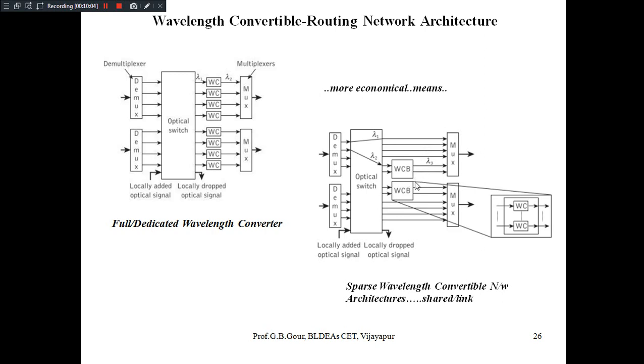Instead of that, now we are seeing wavelength converter banks. Each WCB will contain a group of wavelength converters.